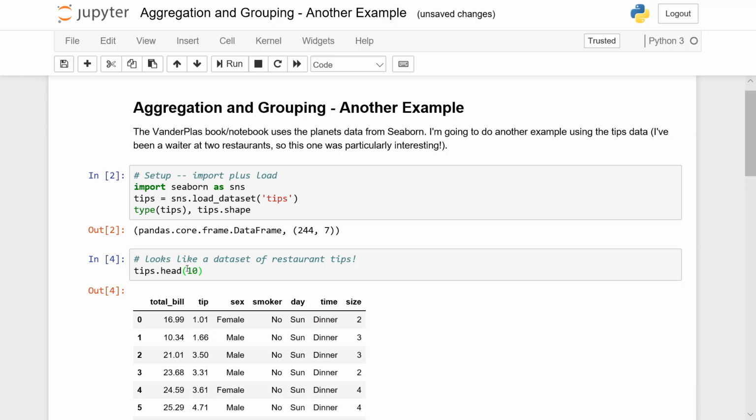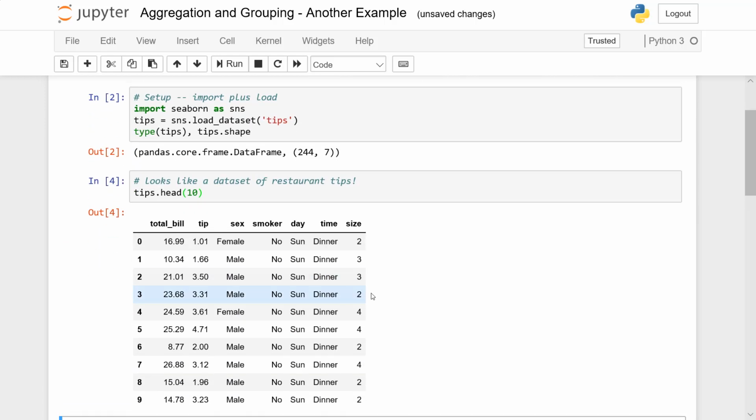If I wanted to say see 10, I can give it a number and it would show me the first 10 values. And so what we see is a data set that has 244 records. Here's the shape, 244 records with 7 data elements, or 7 variables each. That has to do with a restaurant and tipping